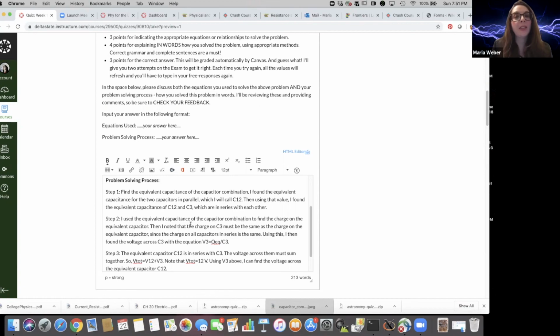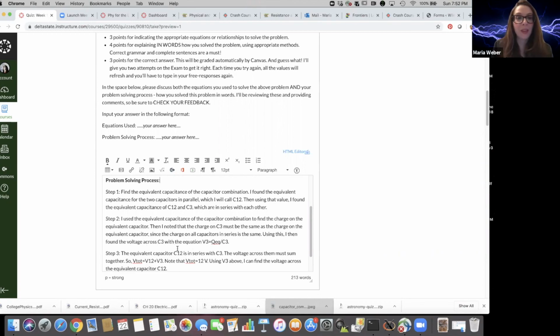Then I noted that the charge on C3 must be the same as the charge on the equivalent capacitor, since the charge on all capacitors in series is the same. So using this, I then found the voltage across C3 with the equation: